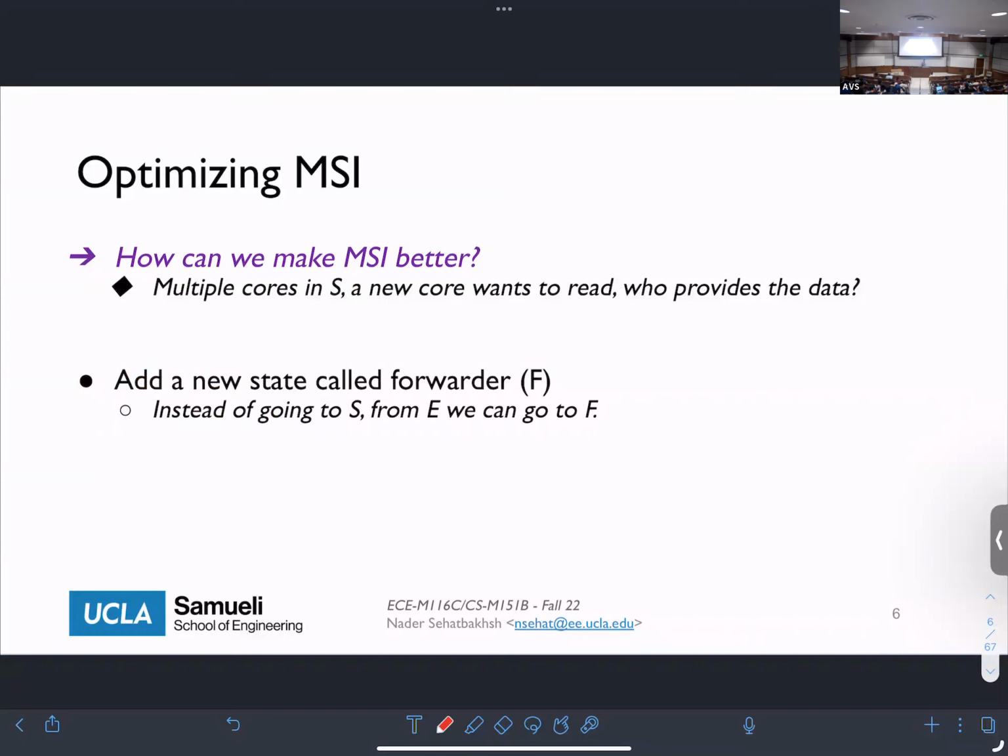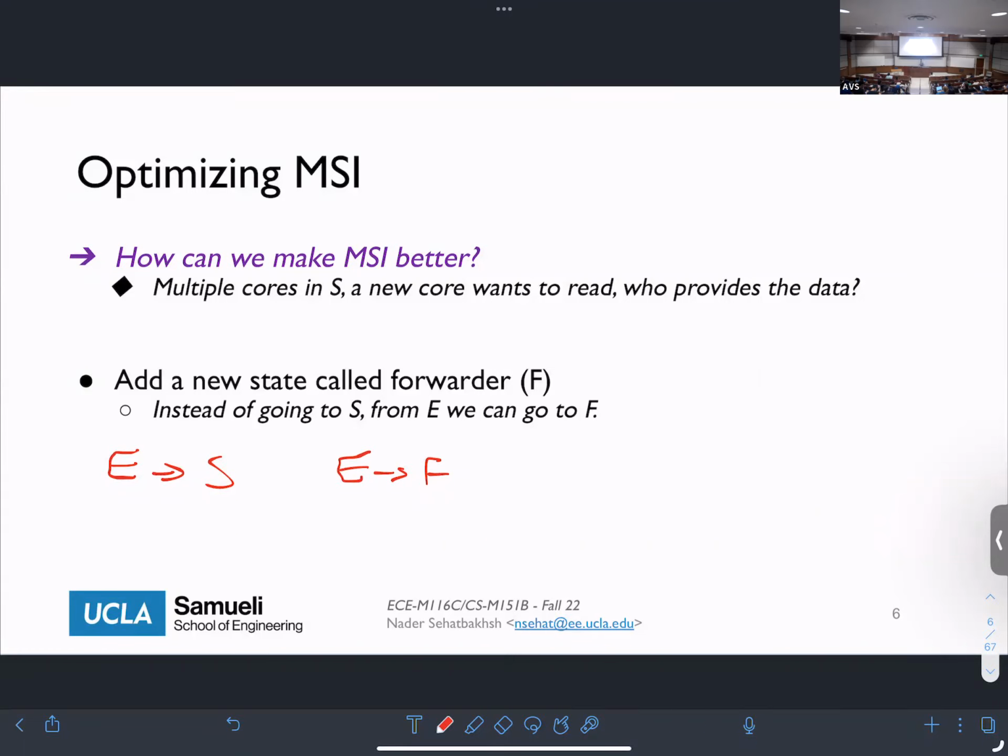So how do we have F? Basically, F is the old E, okay? So at some initial state, everybody is at I, right? Then there will be one core that for the first time wants to read this data. And remember, if you had E, that core transitioned from I to E in order to read that data. But then if another core wants to read it, what we had before was E, and we said that E has to transition from E to S, right? So what we're saying now is that if we're adding this F state, the E then can transition to F, and everybody else goes to S.